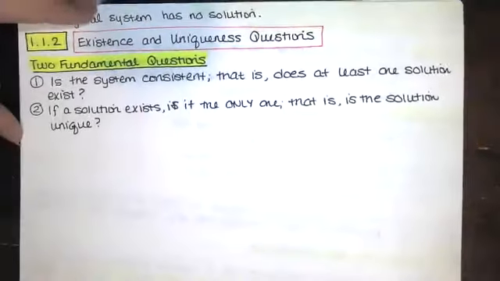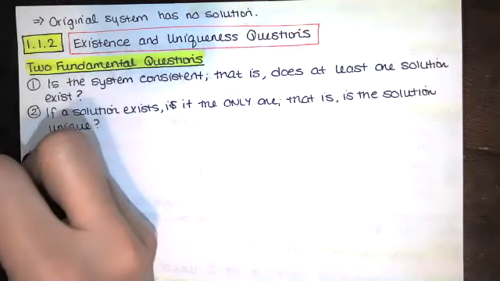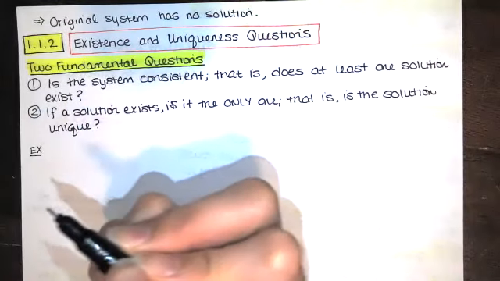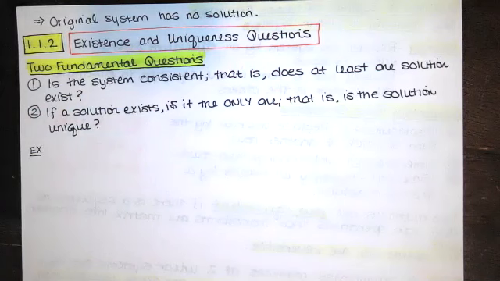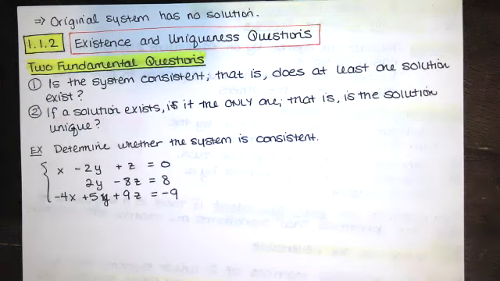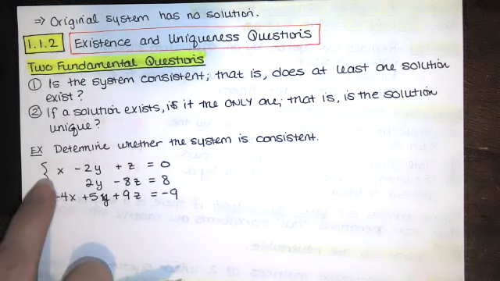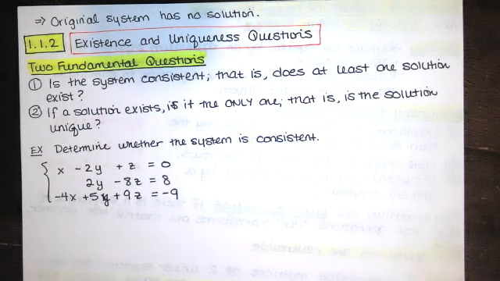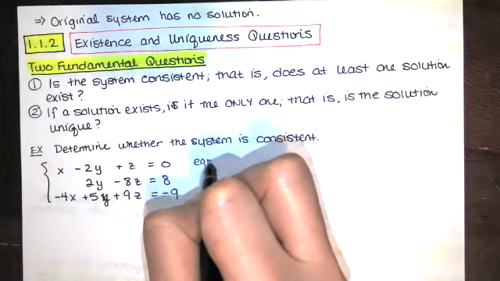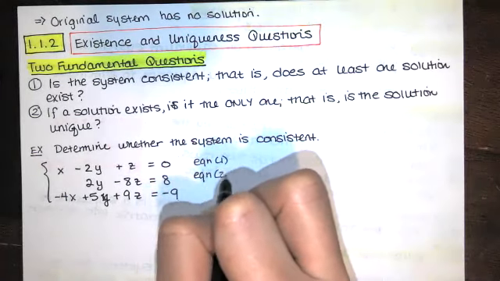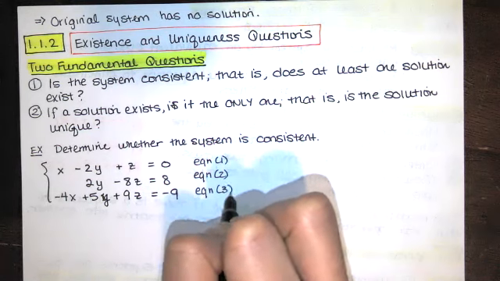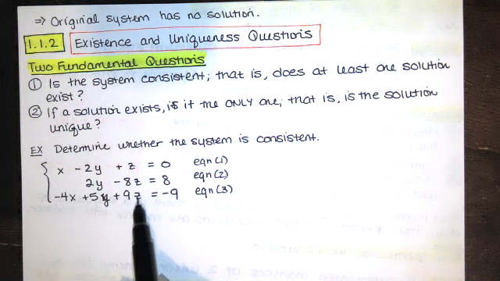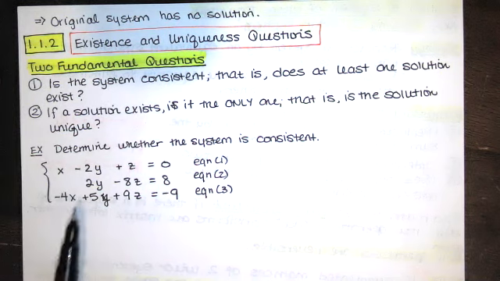So let's look at another example. Let's say somebody gives you this system and asks you if the system is consistent. One way that we can determine whether the system is consistent is just by trying to get a 1x in this position and a 1y in this position and a 1z in that position. If I call this equation 1 and this equation 2 and this equation 3, if I want a 1x, 1y, and 1z, and I don't want any entries over here,